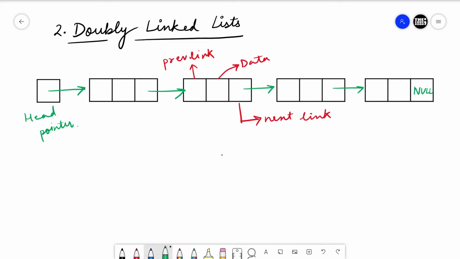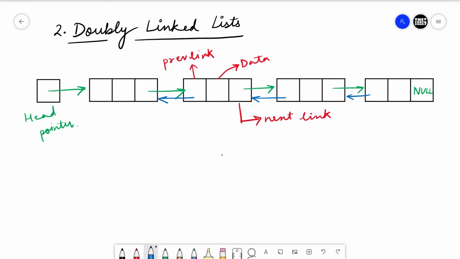But the special thing about doubly linked list is we can traverse back to the previous nodes. We can use the address stored in the previous link part of the tail node to jump to the second last node. Similarly, we can use the address stored in the previous link part of the third node to jump to the second node, and similarly we can jump from the second node to the first node also.